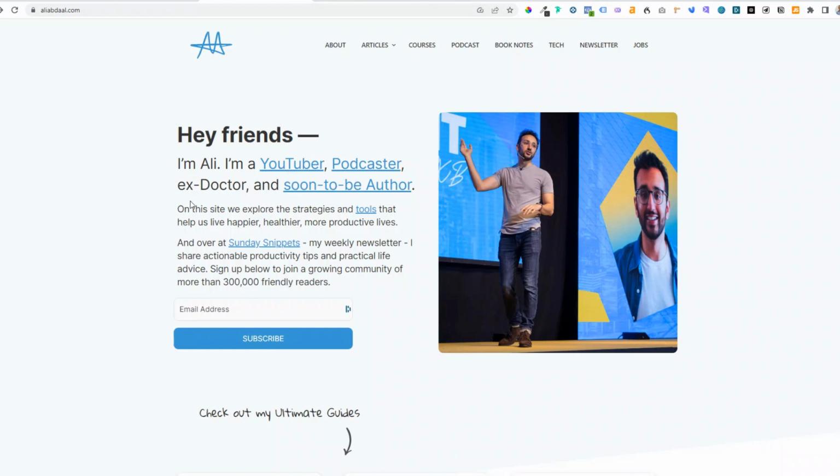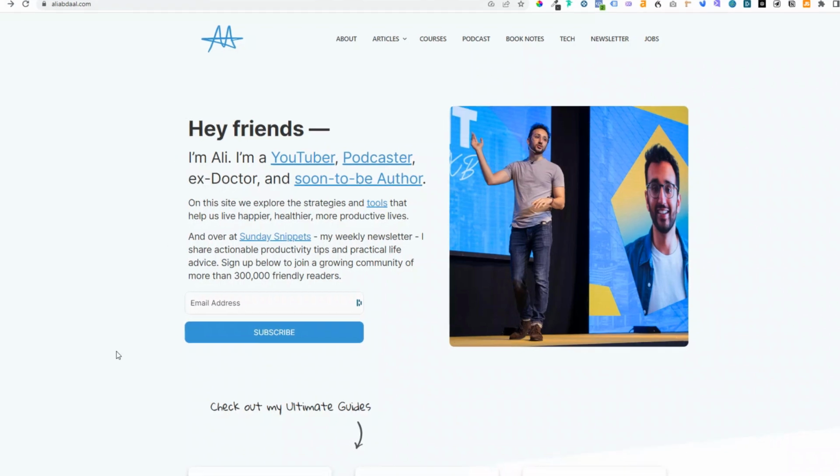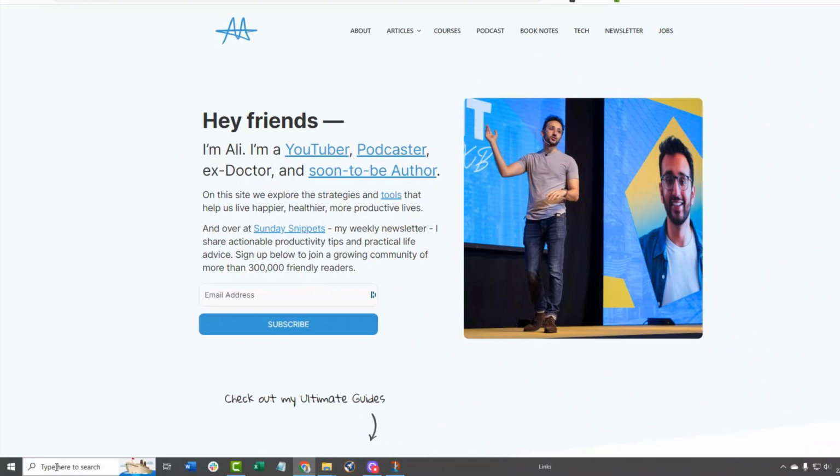I particularly like this because it's a nice clean design, it is friendly text, but establishes him as an authority. There's a picture of him talking on stage and it mentions he's an ex-doctor. So to snip this, I would come down and use a tool